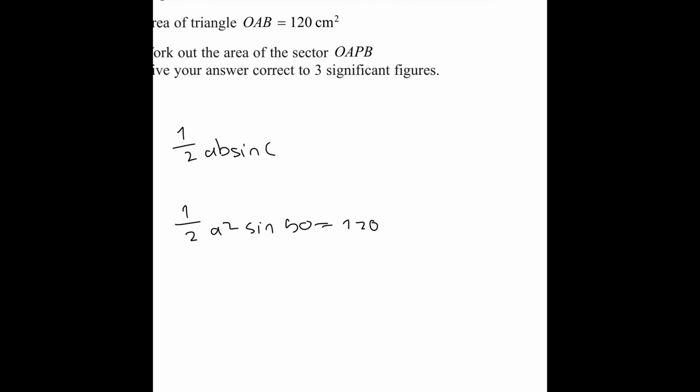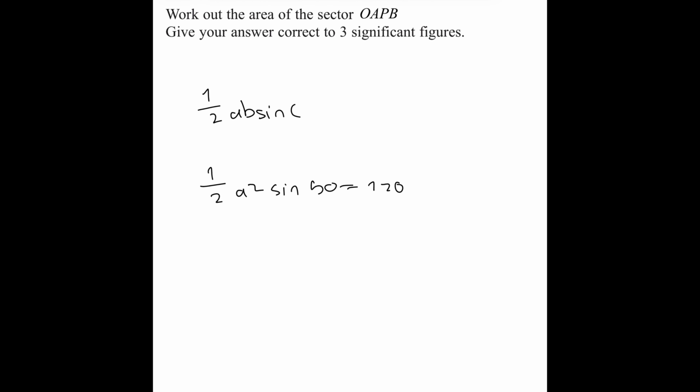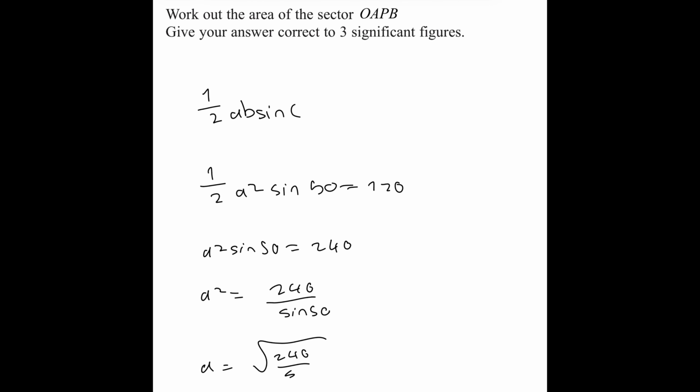And if we do that, then just rearrange for A. So A squared sine 50 is equal to 240, and then A squared is equal to 240 over sine 50. A is equal to the root of 240 over sine 50, which is equal to,